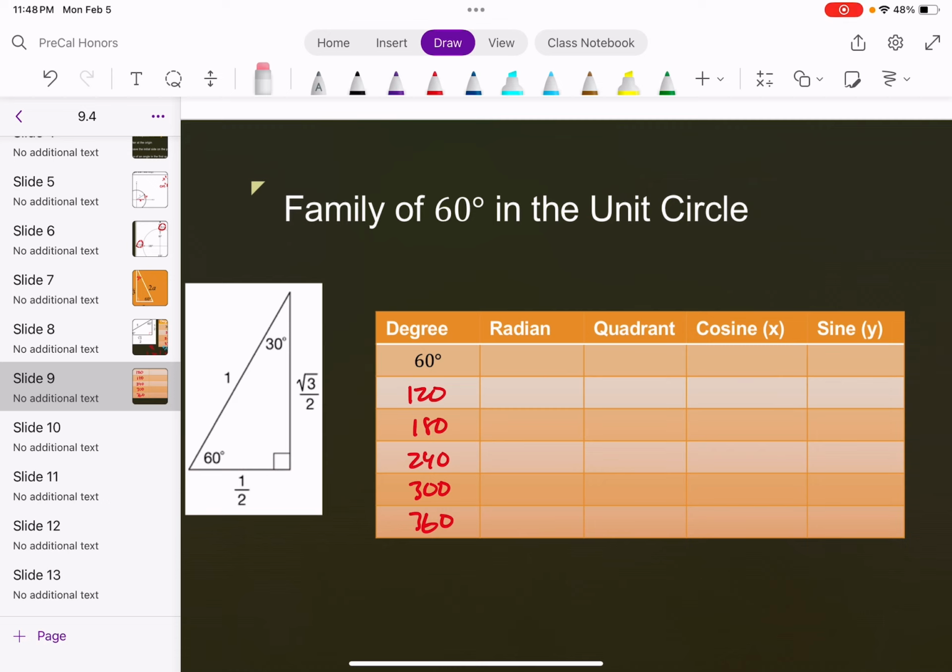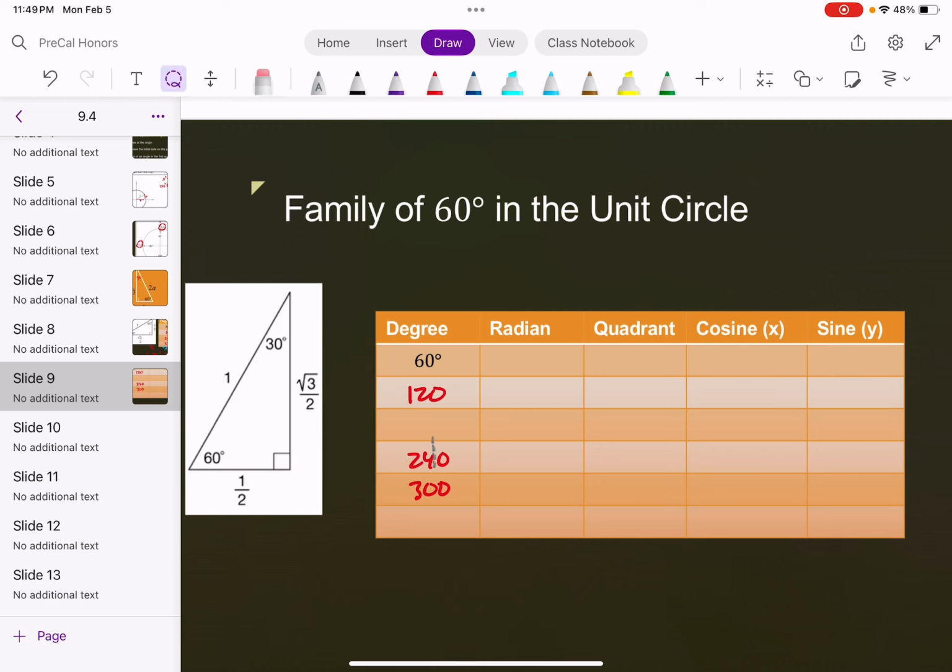Now, usually what will end up happening is you can take a look at all of your different numbers, but you're going to notice that here, this is quadrantal, and this is also quadrantal. Do you need that within your 60 family of core numbers? No, you don't. So what we're going to do, just to save ourselves a little bit of time, we are going to get rid of